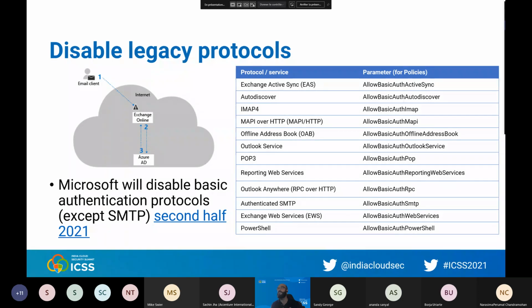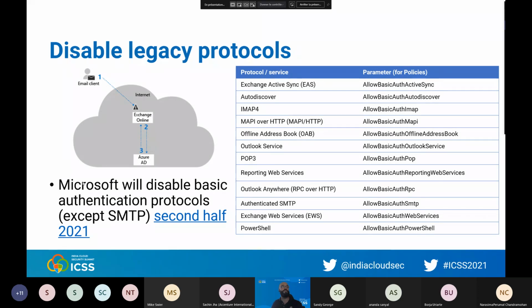So if I'm a pirate and I try a brute force or a spray attack on your tenant, I will not try to connect directly using the web browser. I will try instead to use POP3 and IMAP, because those old school protocols are not using MFA. So even if you implement MFA, you will still have this big backdoor.